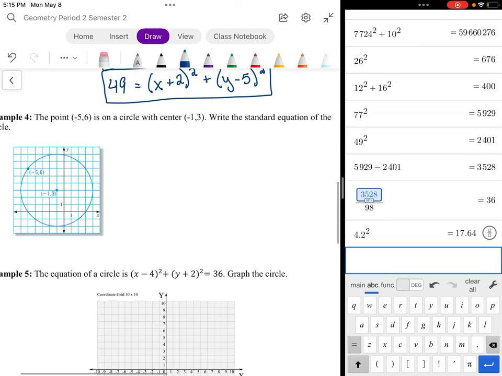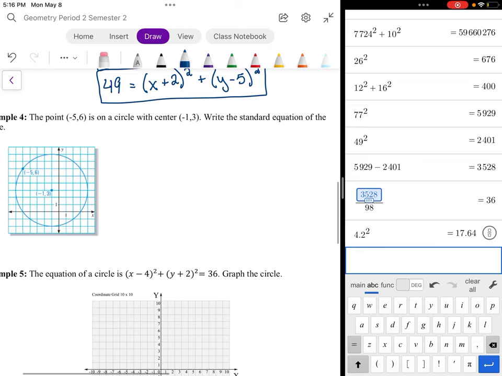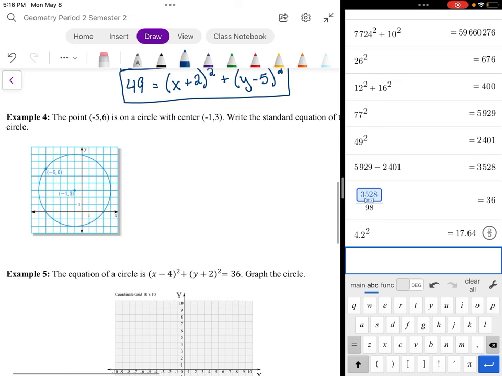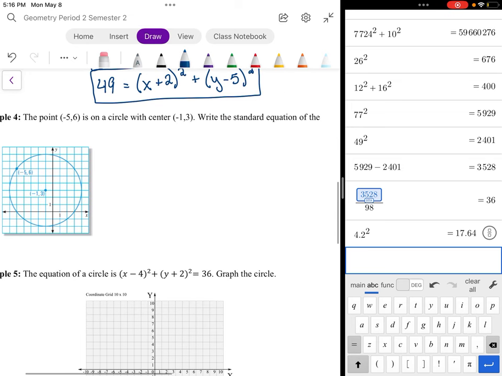Then for example 4, they have the point (-5, 6) on the circle with the center (-1, 3). They want us to write the standard equation of the circle. We're going to do this where we pretend that we don't have this graph. Because we don't know the radius, we're going to start with r squared equals, and then we would have